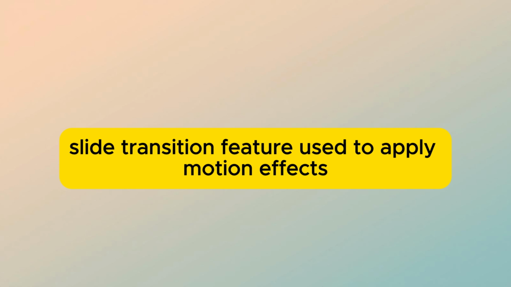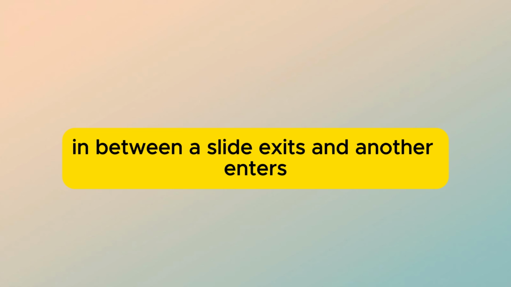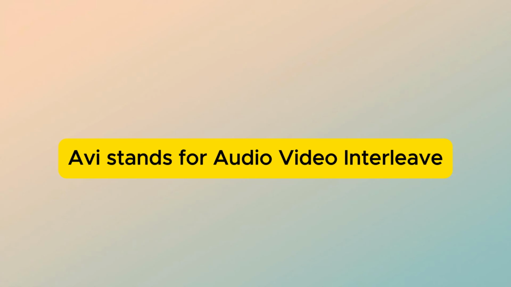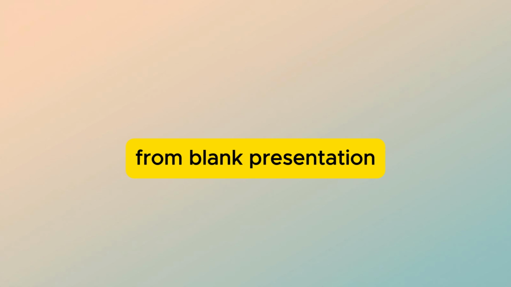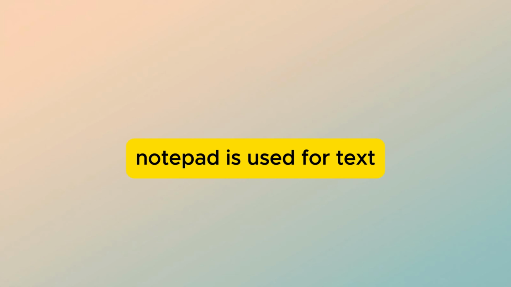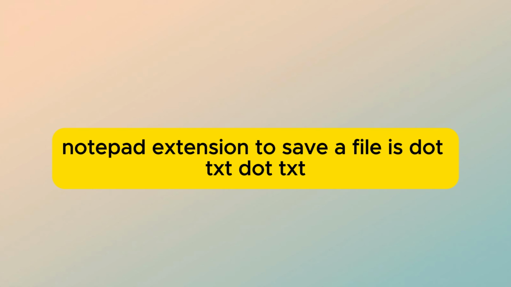Slide transition is the feature used to apply motion effects between a slide exiting and another entering in PowerPoint. AVI stands for Audio Video Interleave. A new presentation can be created from a blank presentation. Notepad is used for text. The Notepad extension to save a file is